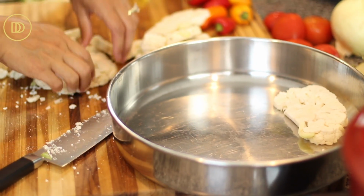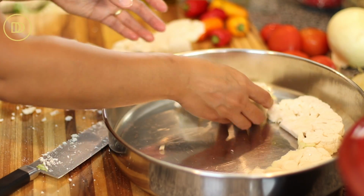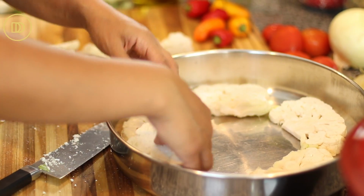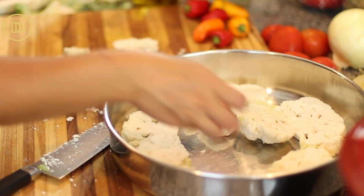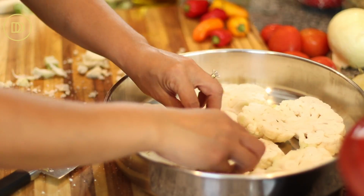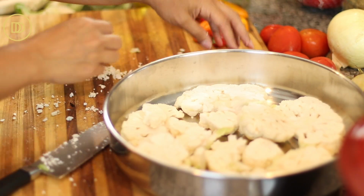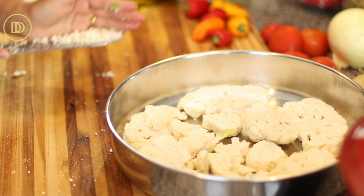I'm just going to place the slices of cauliflower into my baking pan. I'm using a round baking pan, but you can use a 9 by 13 inch casserole pan or lasagna pan, whatever you have in your house. This is a small to medium size cauliflower. The last time I made this, the cauliflower was much bigger and I had leftover pieces. So if you do have leftover pieces, you can go ahead and save them and keep them on the side